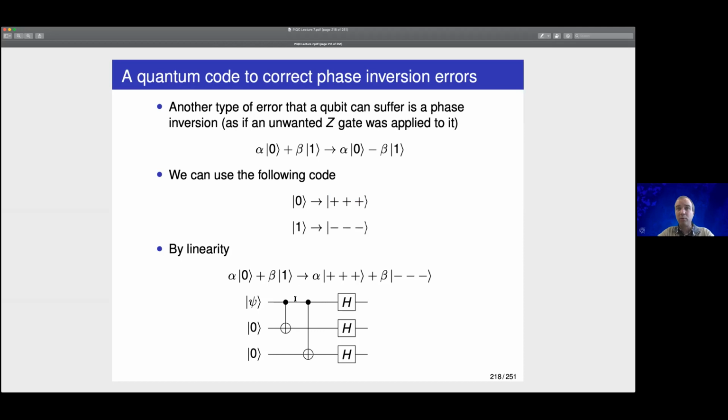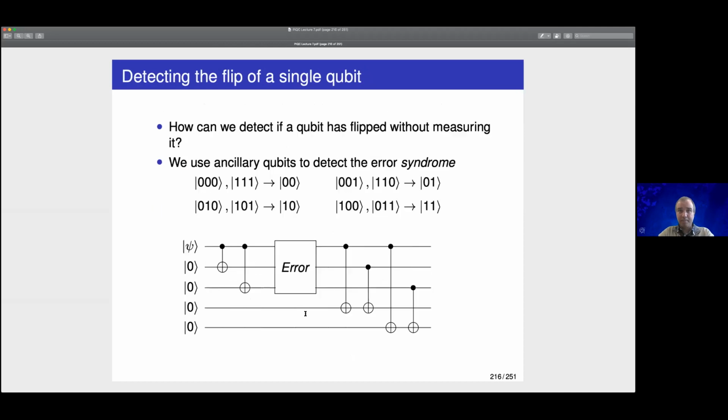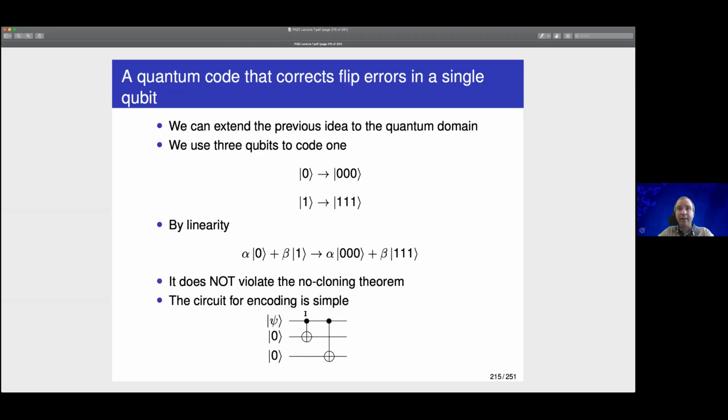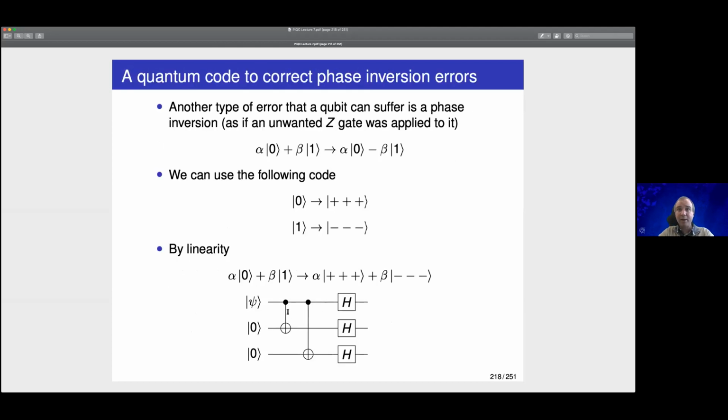Okay, so what we do in order to encode a general qubit into the superposition of the encoding of the basis states is to use a circuit which is similar to the one that we used to encode in the first quantum error correcting code that we defined. But now, in addition to that, we use the Hadamard gate. So here we would have that the 0 is going to be transformed at this point in 0, 0, 0. The 1 is going to be transformed at this point in 1, 1, 1. And then if we apply these